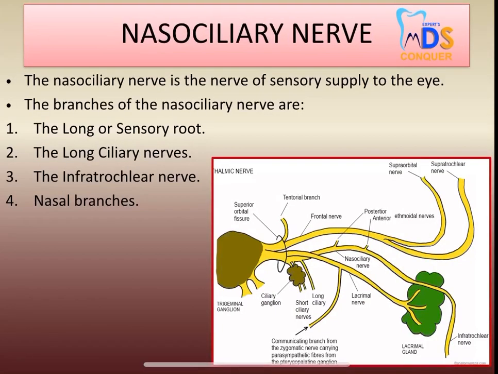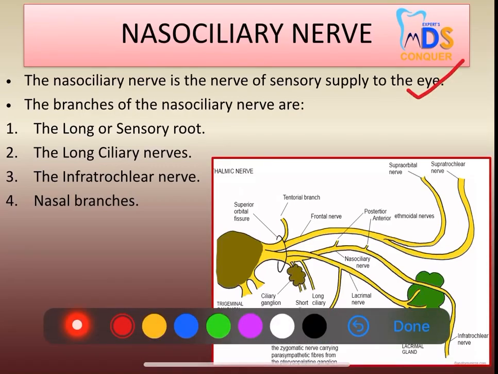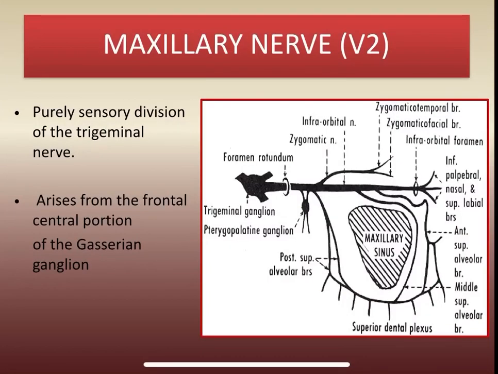Next, coming to the nasociliary, it is a nerve for the sensory supply to the eye. So, it is for the sensory supply. Okay, apart from that, these branches are the long root to the ciliary ganglion, the long ciliary nerves, the infratrochlear nerve and the nasal branches. So, the supratrochlear is from the frontal nerve, whereas infratrochlear comes under nasociliary. So, these points you have to put in again. So, individual branches of those individual nerves of that particular division you have to write. You can't simply end up with the ophthalmic division, and you can't simply give those three branches and go to the next division. If you write the individual branches in a nice flow chart, and if you put a diagram there,